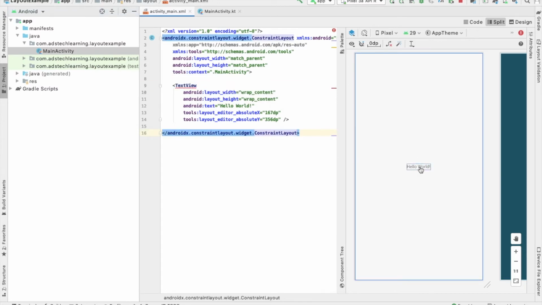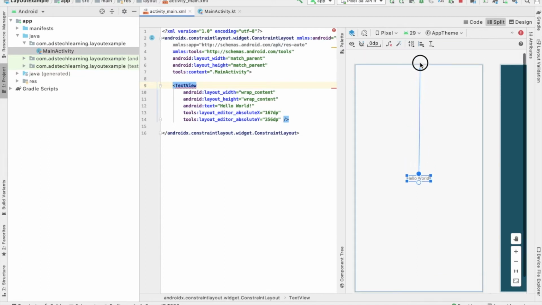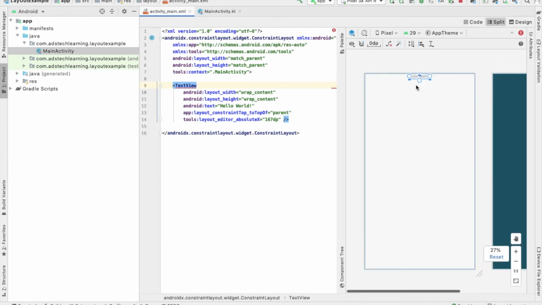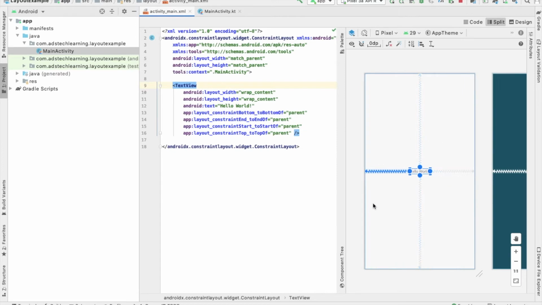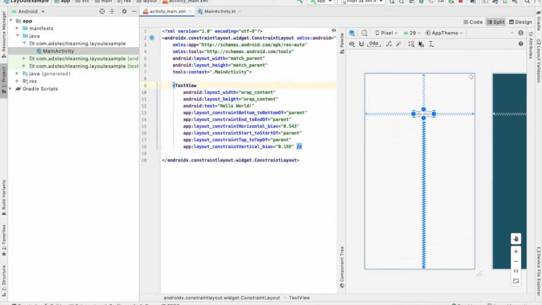Click on the user interface element and drag this bubble towards the 4 directions where you want to keep your user interface element. Once you set these 4 constraints, now if you keep it anywhere at that particular location, you will get the output.